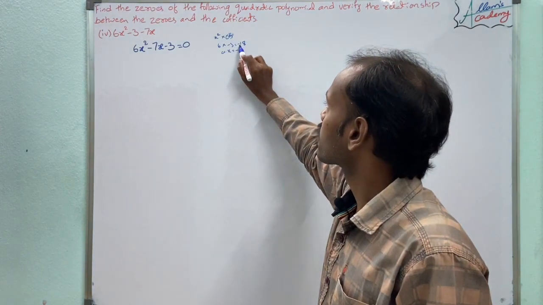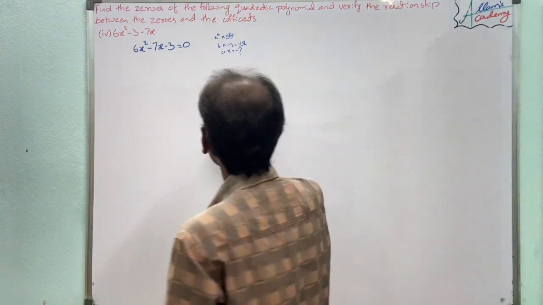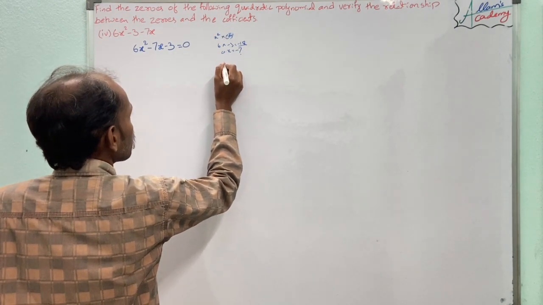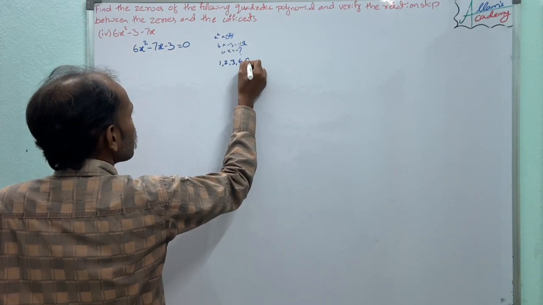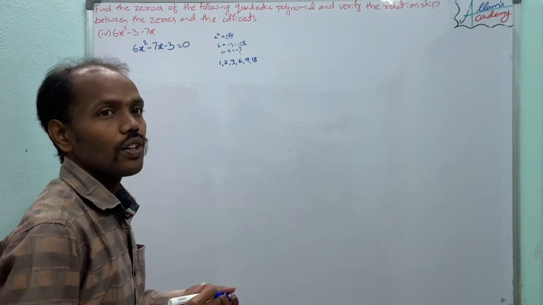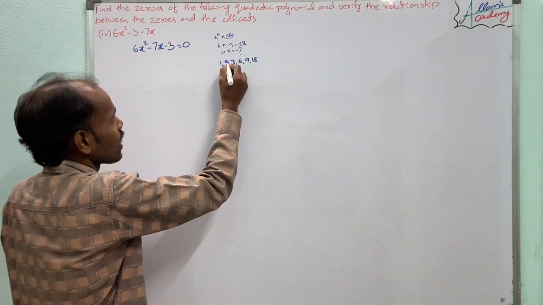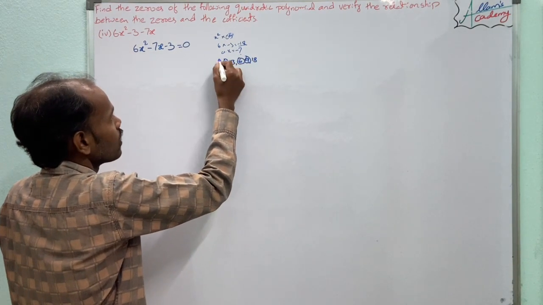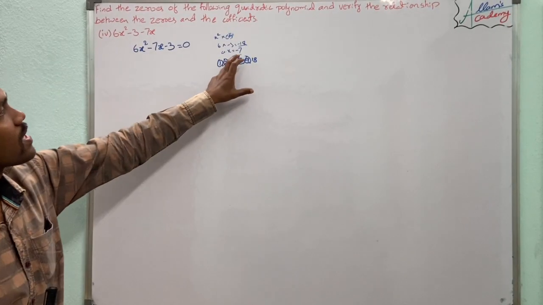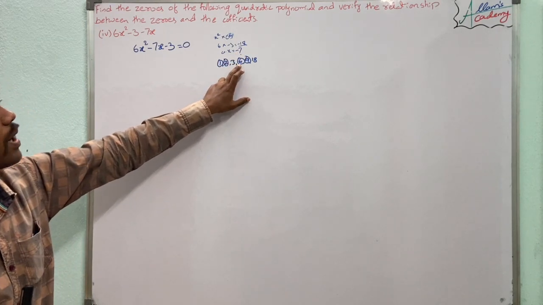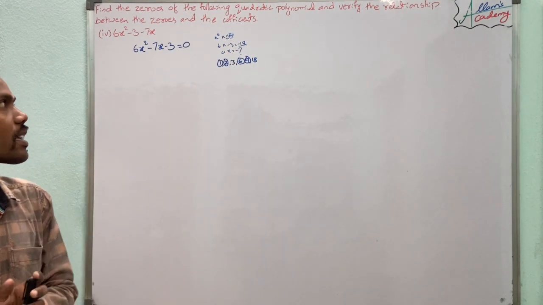We need two numbers whose product is minus 18 and whose sum is minus 7. The factors of 18 are 1, 2, 3, 6, 9 and 18. Among these, which two numbers give a difference of 7? They are 2 and 9, or 1 and 6. Here, to get minus 7, we could take minus 1 and minus 6, but the product of those two numbers is not 18.